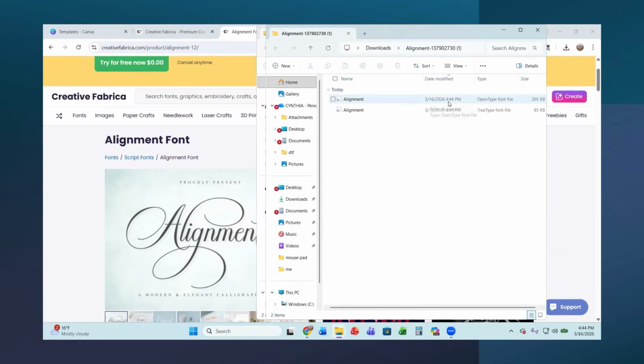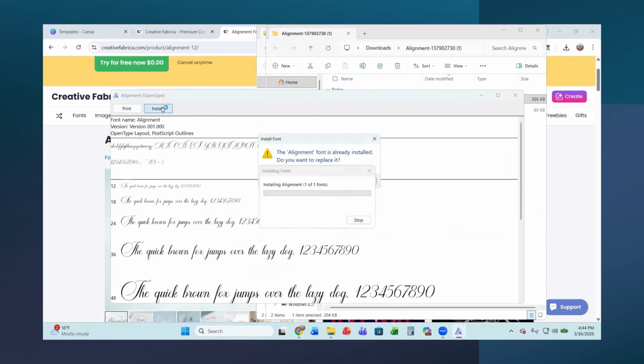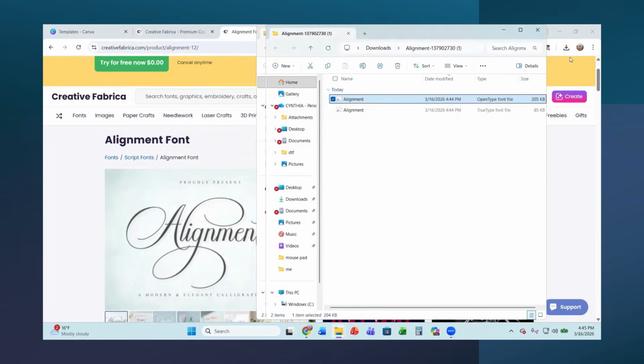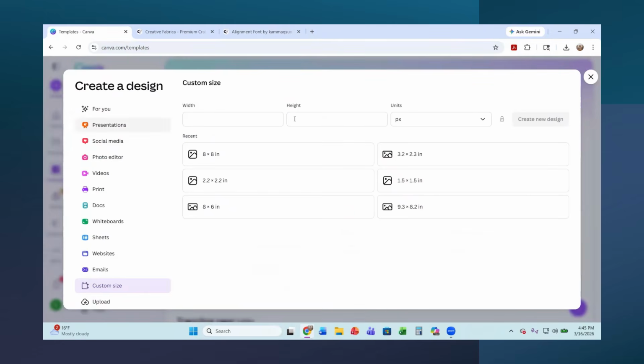So once you have them extracted, I like to use the OpenType font. So we are going to open that, and you just hit install. I already have it installed, so yes, I want to replace it. And so now it's installing that font onto my computer. So now what we can do is we can go into Canva, and I'm just going to make an 8x8